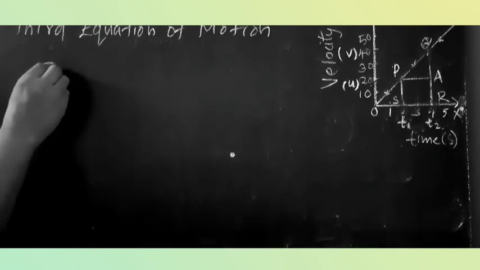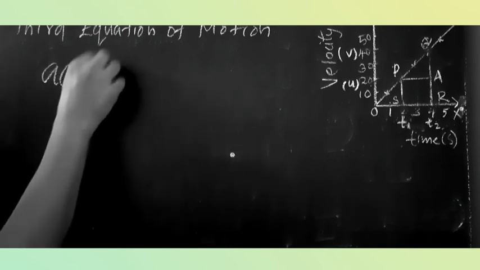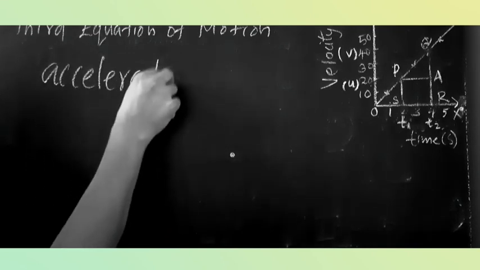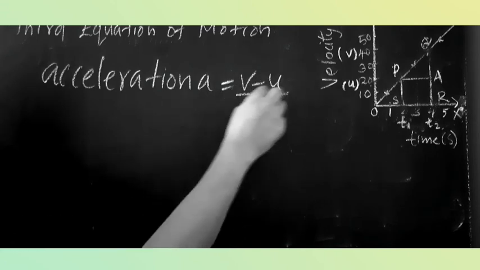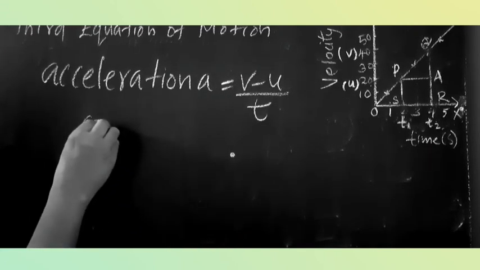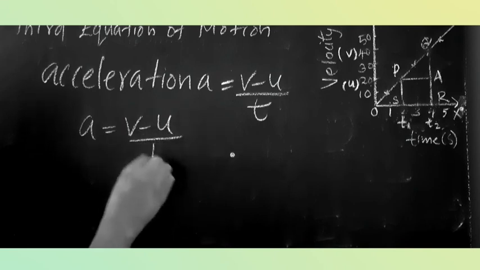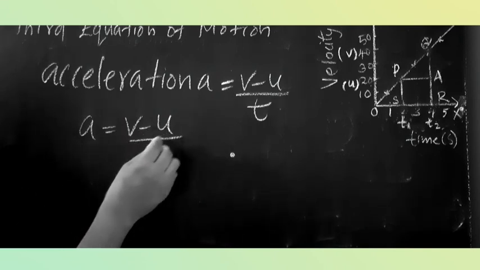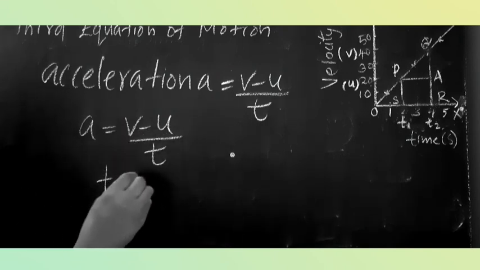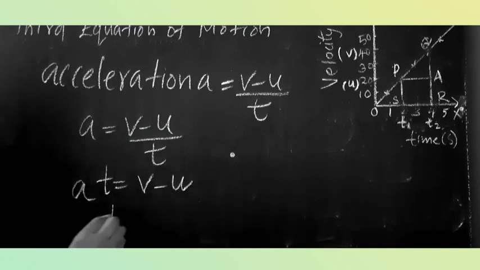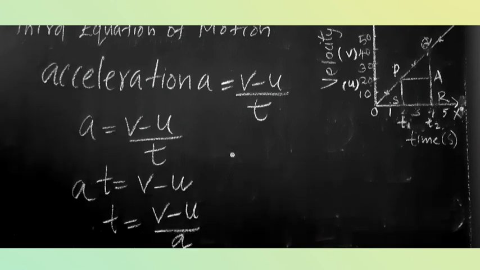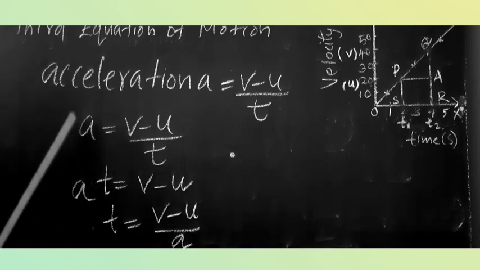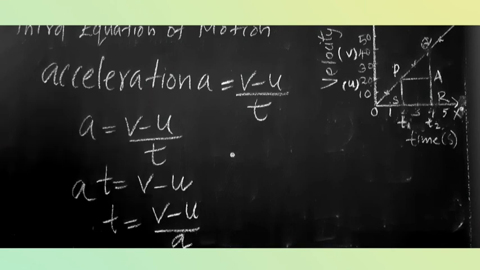We have the equation for acceleration: a is equal to v minus u by t. From this equation, we have at is equal to v minus u, or t is equal to v minus u by a. By substituting the value of t in our earlier equation, we have